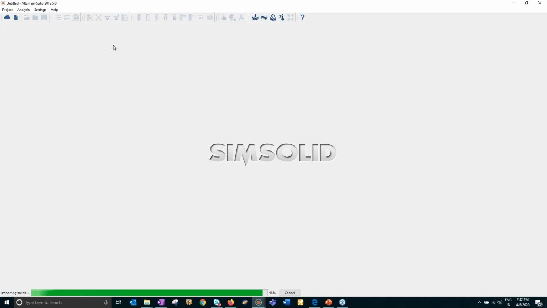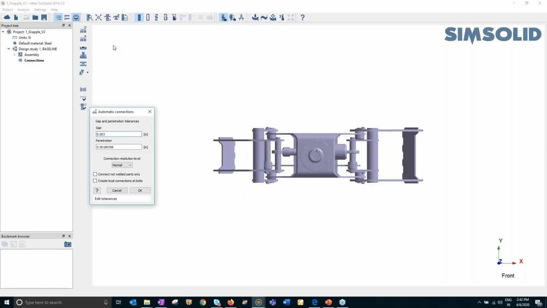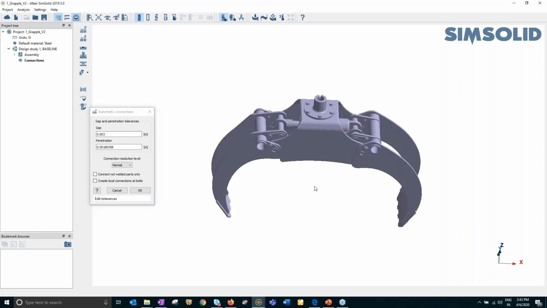which can be your neutral file formats, that means Parasolid, IGES, then STEP, JT, and all. And it also supports a whole bunch of proprietary file formats such as CATIA, Pro/E, Unigraphics, SolidWorks, and so on and so forth. Now, as soon as you import a geometry, so this is the geometry that I imported,